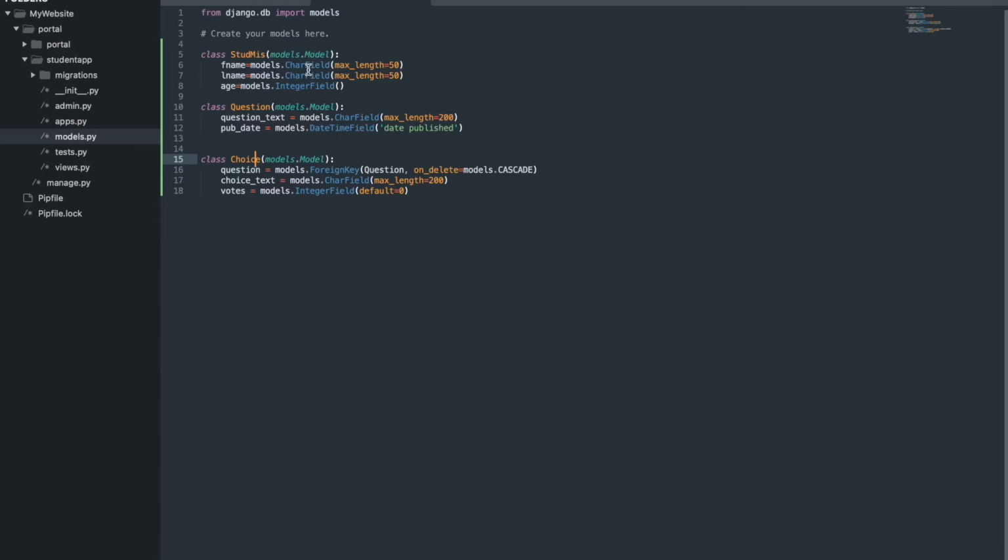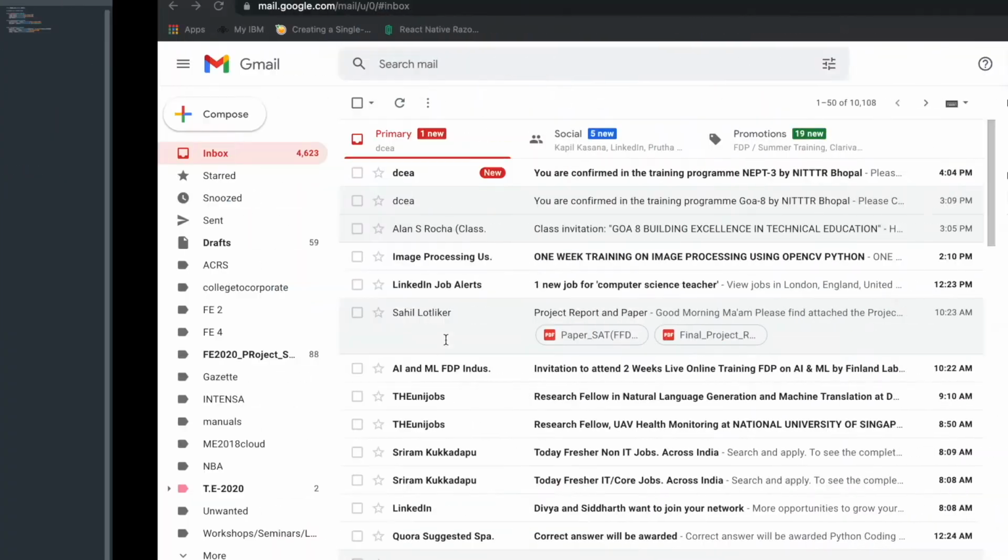The kind of field is mentioned over here: character field, integer field, date time field, foreign key, all that is here. So make sure you save it, so your models are also in place. This is exactly where you write your database model.